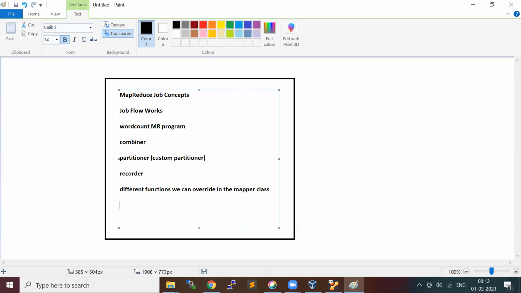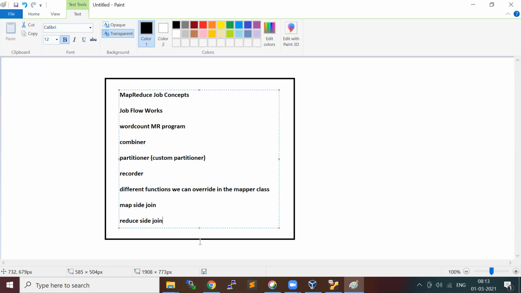And we saw what is map side join and reduce side join, with examples. So these are the things we covered on the MapReduce side, right?